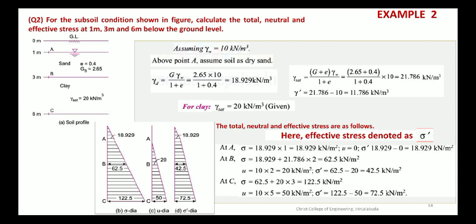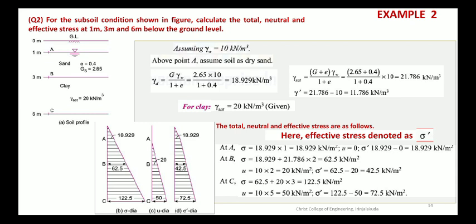Then what is below that? It is clay layer, and they have told the gamma saturated value is 20 kilonewton per meter cube. So that is given directly. And the next layer is coming at a depth of 6 meter from the top, and that is marked as C. So we have to find out gamma value of the second layer AB, the sand layer, isn't it? If you observe the answer, you see at the last step it is found that at A what is sigma, what is u and sigma dash, and at B what is the value, and at C what are the values. So only that is found here. We need to find out gamma value in extra.